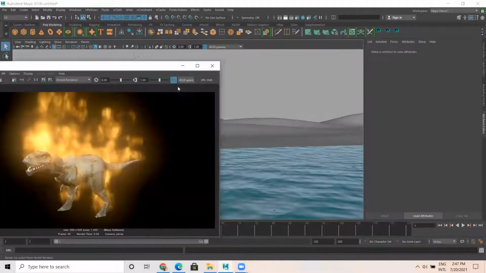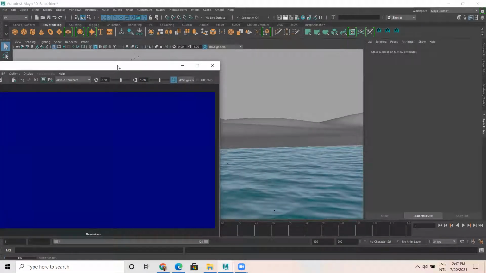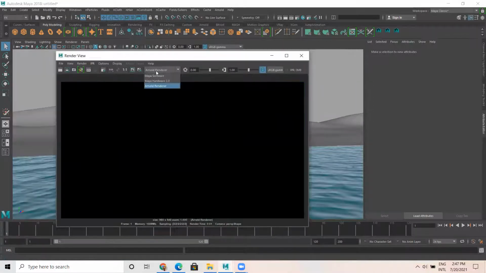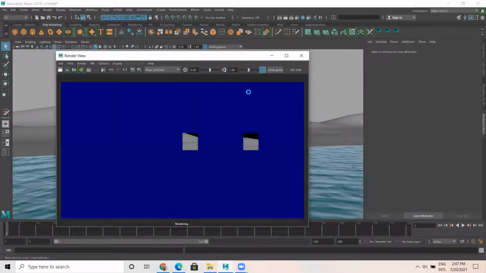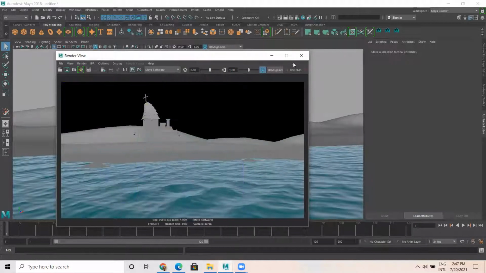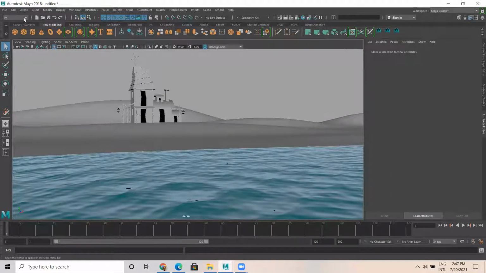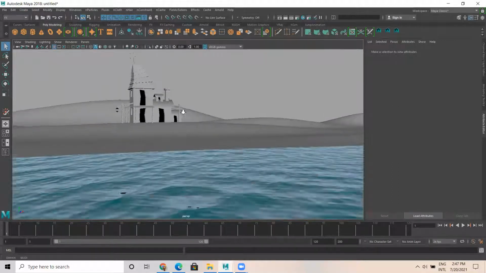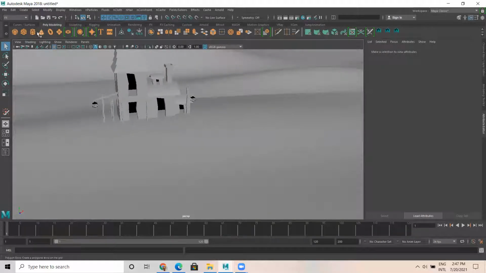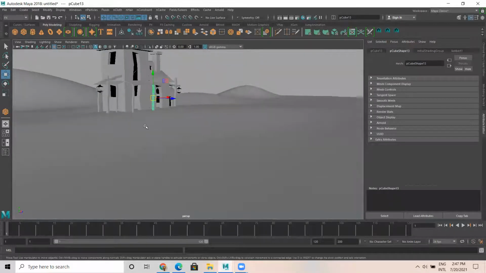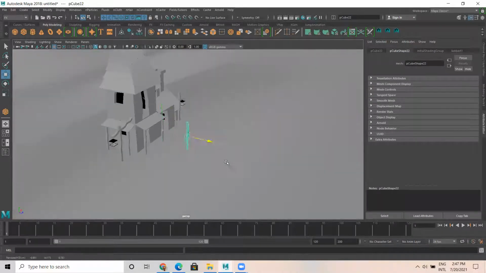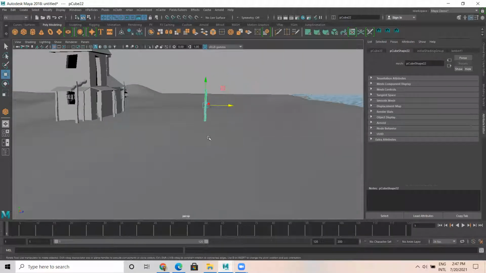Normally in Maya software, if I take a lighting, I don't want to use Arnold. I can add a simple light, but before that, I have wooden logs here. I duplicate this, place it here, and rotate it like this.